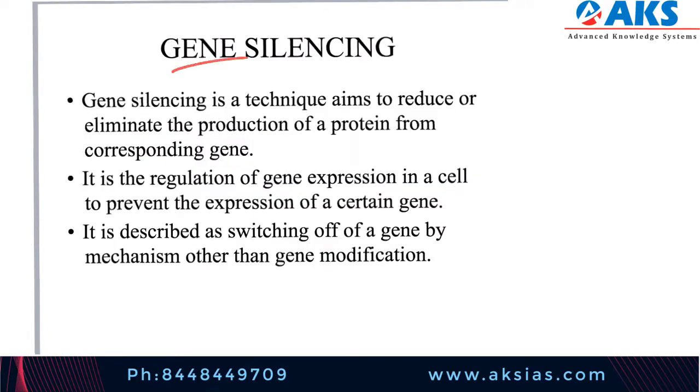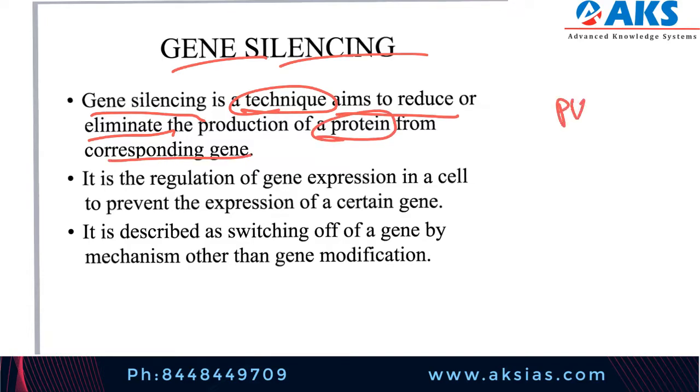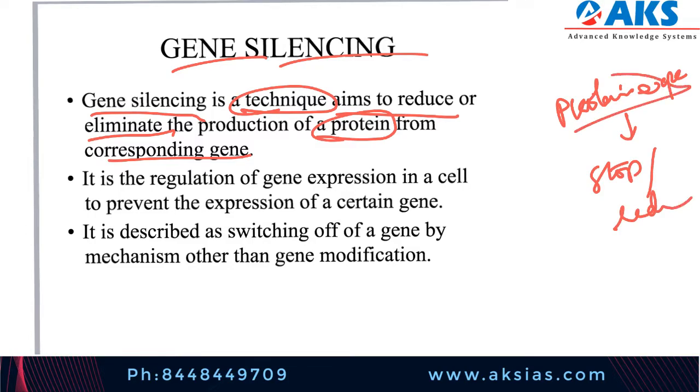Let's start with gene silencing. Gene silencing is a technique which aims to reduce or eliminate the production of a protein from the corresponding gene. Always a protein expresses itself, so you try to stop or reduce the expression of the protein. What are the repercussions of it? We will see. It is the regulation of a gene expression in a cell to prevent the expression of